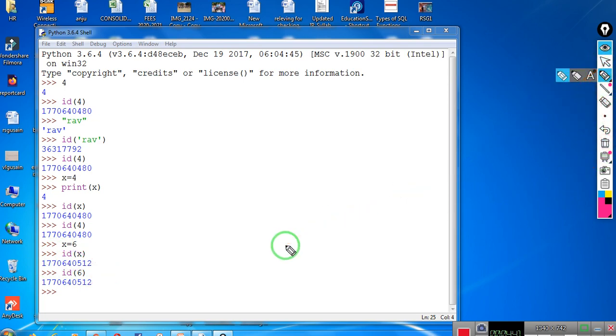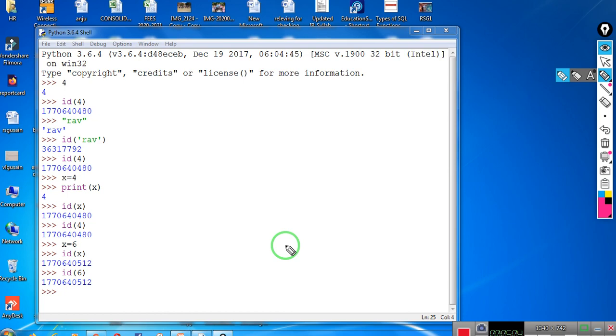So the variable is an object that refers to the memory location of a value. Each time you print a variable, it will print the value which is present in the memory location the variable is referring to.